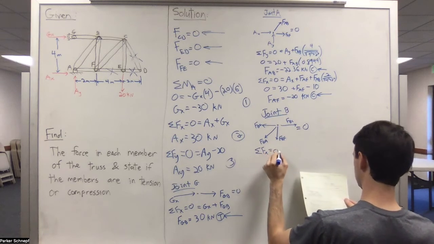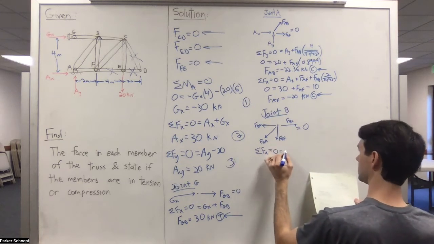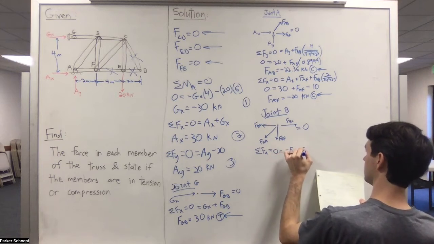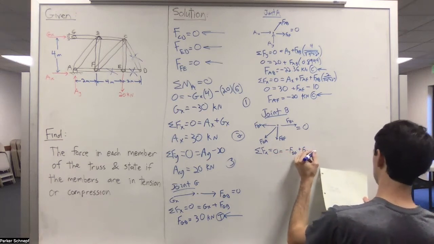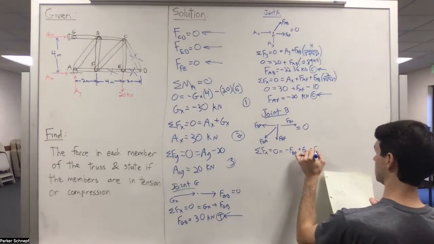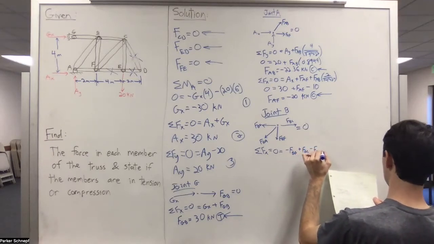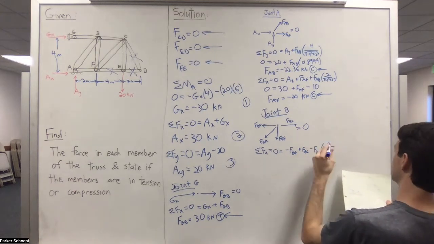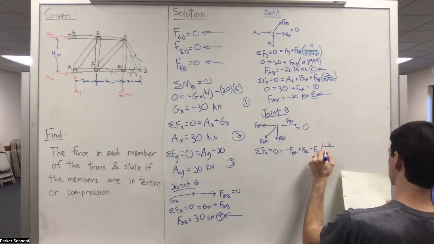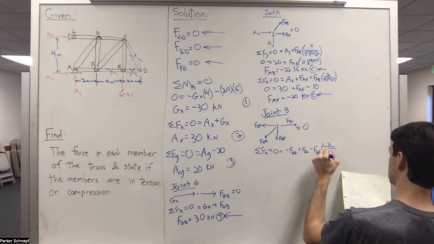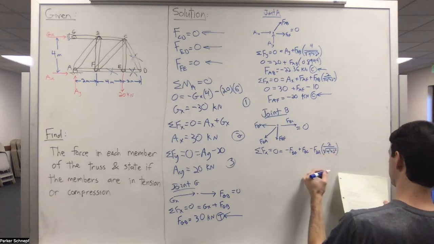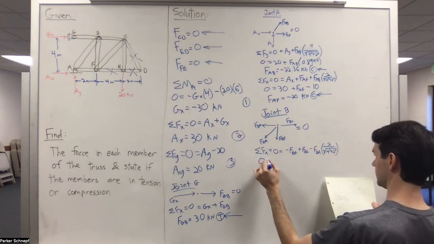Going to be 0. That's going to be minus FBG plus FBC minus FBA times, right, the same X part over the hypotenuse, 2 divided by root of 4 squared plus 2 squared. And that gets me 0 equals